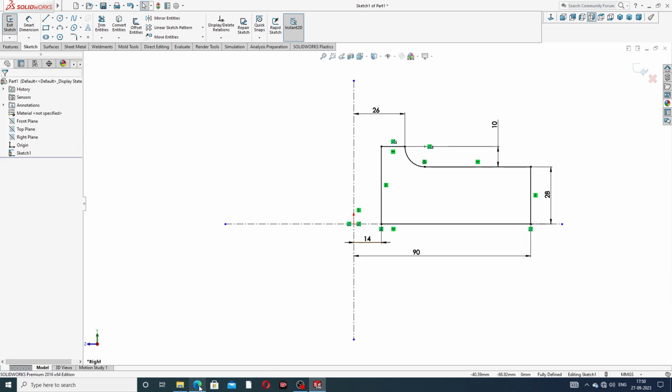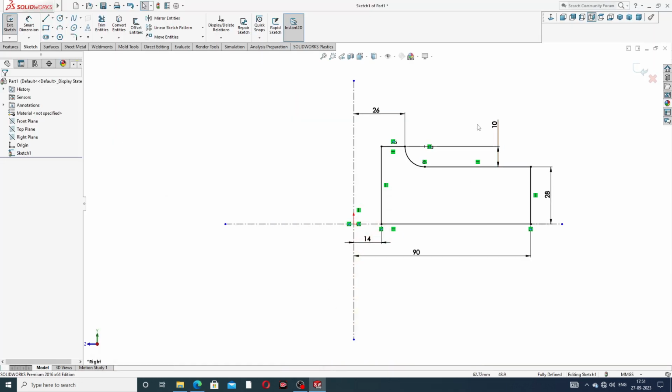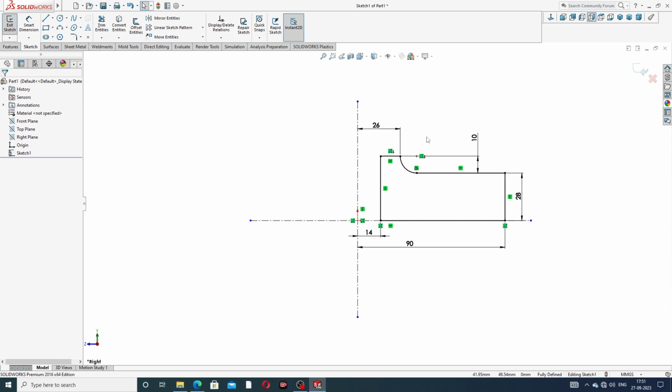This is perfect. The radius is 14 millimeter and 19 millimeter, 28 millimeter, and 10 and 26. All dimensions are perfect.